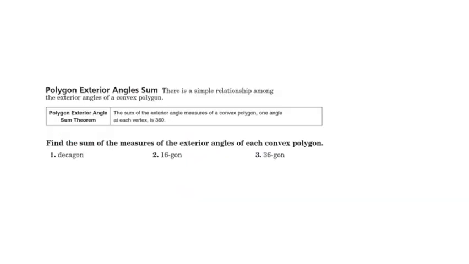Now I want to talk about the number of degrees on the exterior. So this is what I mean by exterior. Let's say we have a hexagon. And again, all the sides do not have to be the same. What I mean by exterior angles is if I extend the sides,